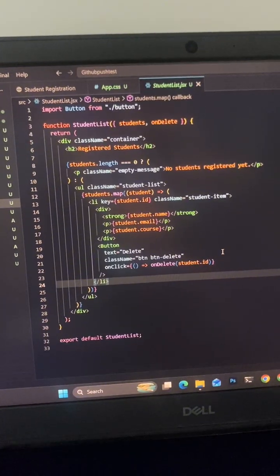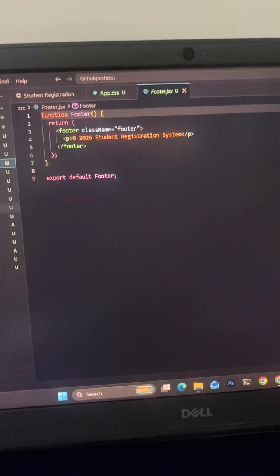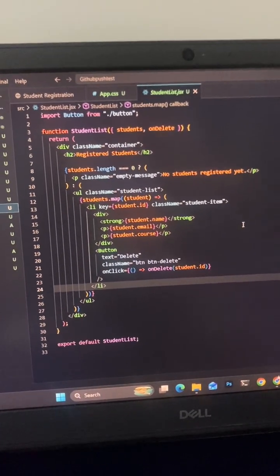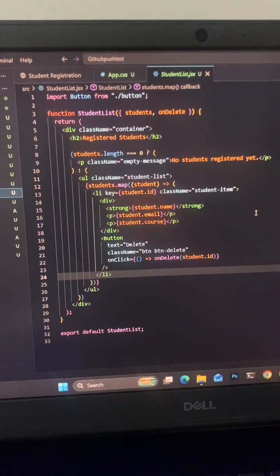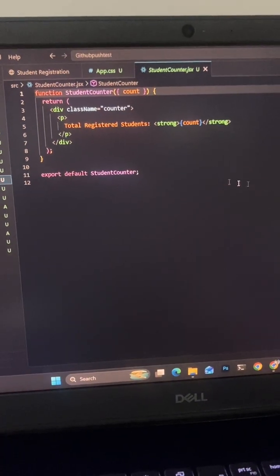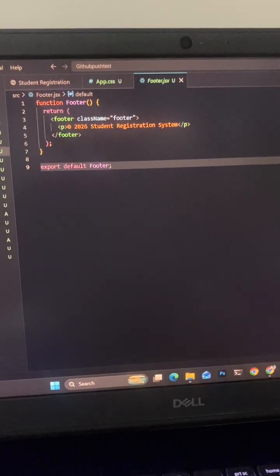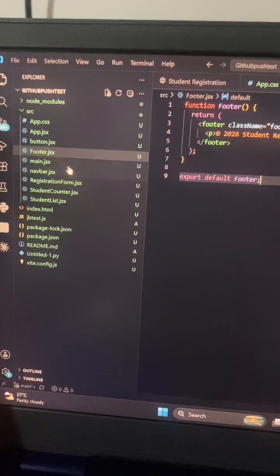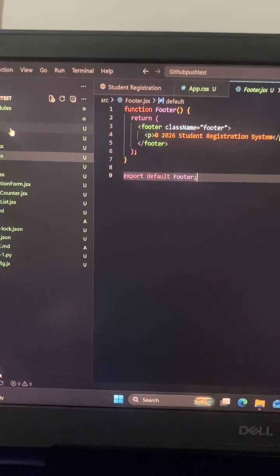Going back to the students list, this one renders just the actual list of the registered students. And then next is the footer, which is very simple. I organized it all so you guys can really see it. It's better this way.